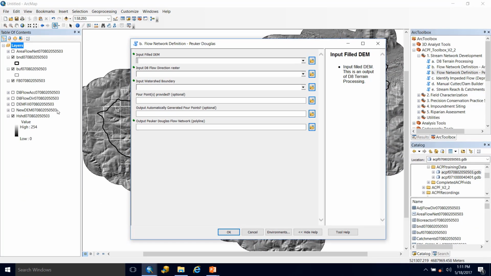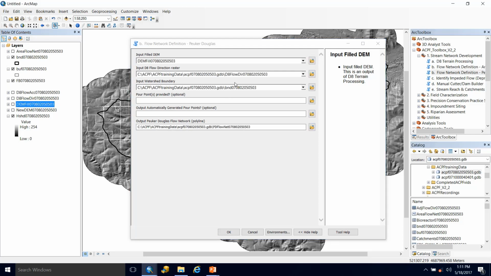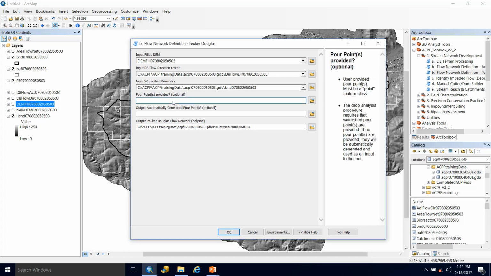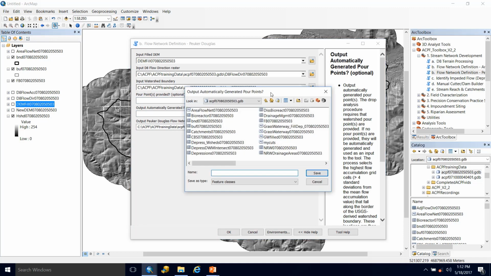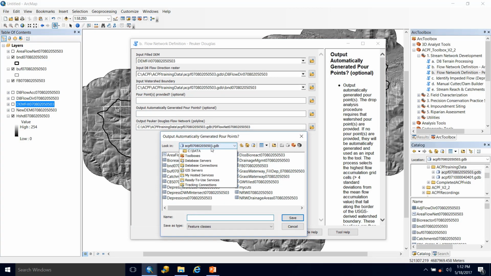So let's add our inputs. We'll come over and grab our filled DEM, drop that in. Our D8 flow direction raster and our watershed boundary are automatically added. I currently do not have any pour points, so I will automatically generate them. So I'm in my file geodatabase, right directory, and I'm going to name this pour points.